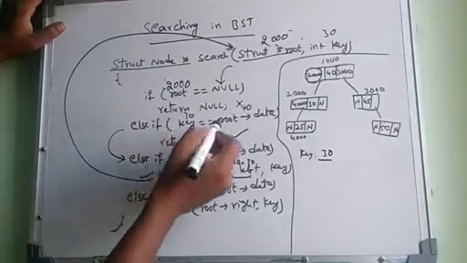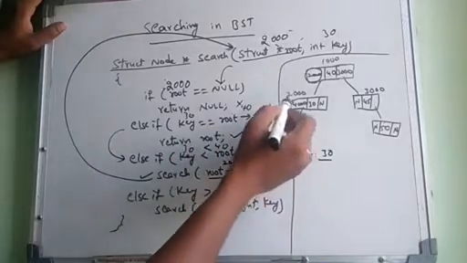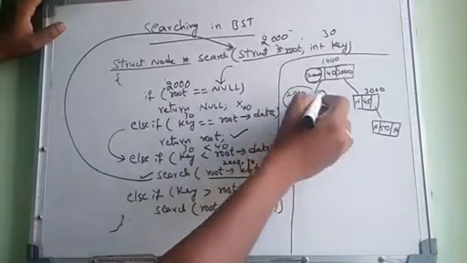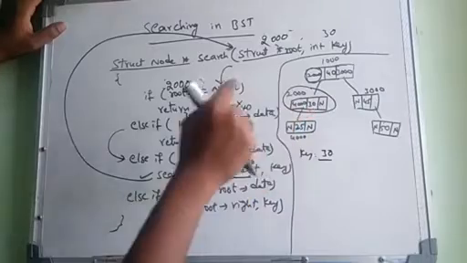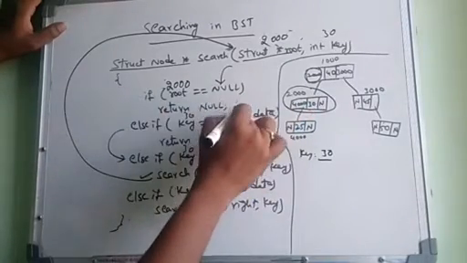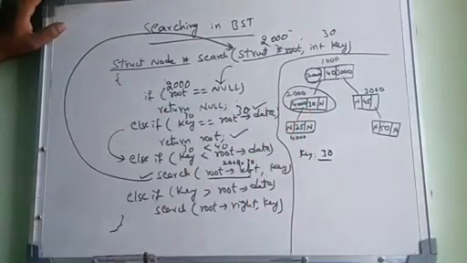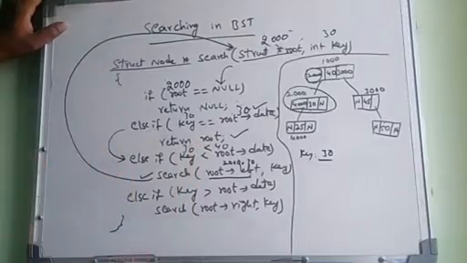What is the searching element? 30. What is the root data? What is the current root? Current root is 2000, and the 2000 data field, which value is stored? 30. So 30 equal to 30. The condition is true. If the condition is true, it returns the value